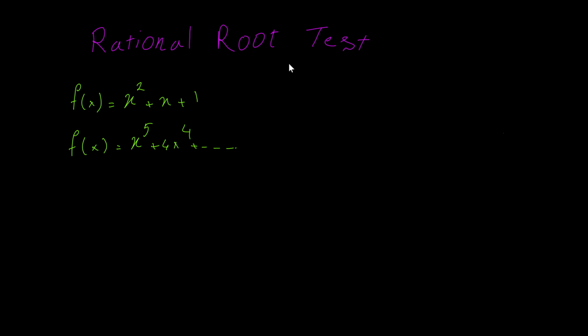So we need to use the rational root test, which states that if we have a function f of x in this form, a_n x to the n plus a_(n-1) x to the n minus 1 plus and so forth, and the last two terms are going to be a_1 x plus a_0, which is a constant, and that's our polynomial, then the possible, that's important, possible rational roots